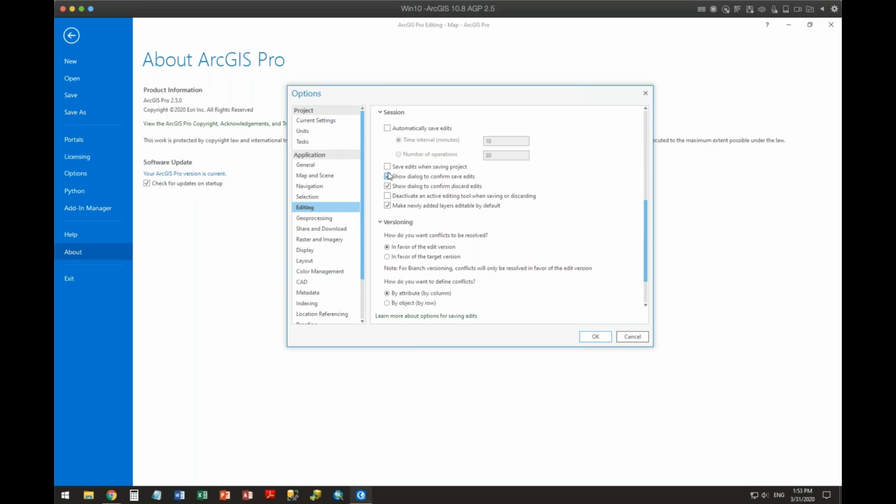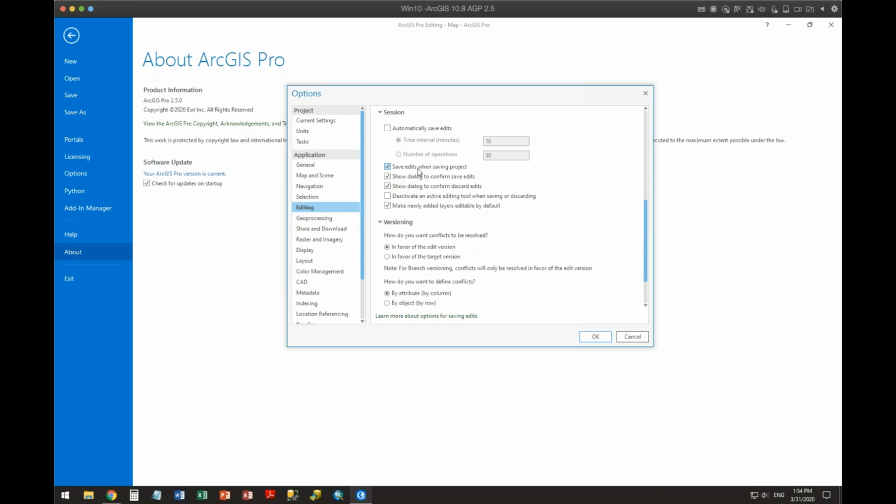Because if you turn this off and turn this on, as we did when we first started with this, you would be editing and editing and editing, and once that interval went, it would automatically save without even notifying you that it was saving. So you'd be doing a lot of editing and you'd want to undo something and you couldn't go back past what had been saved. And we found out that it wound up working against us several times. So we actually don't automatically save, but we will in fact say, go ahead and do this.